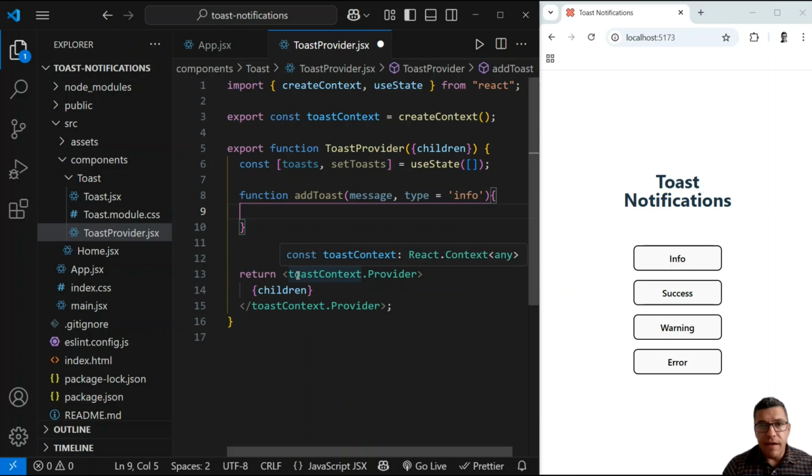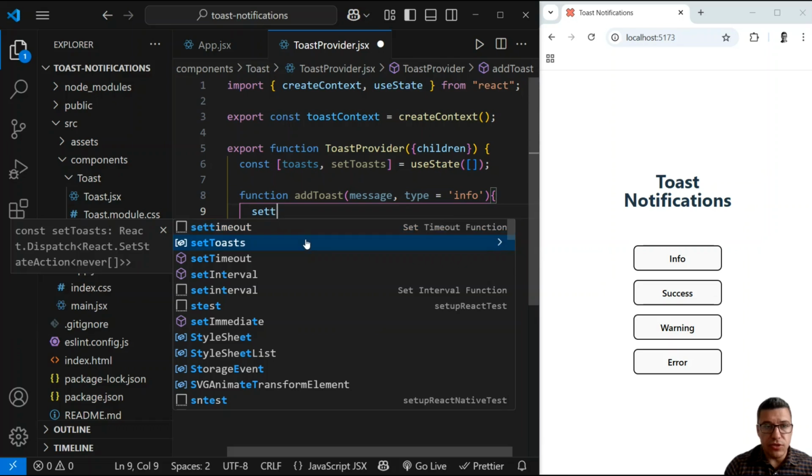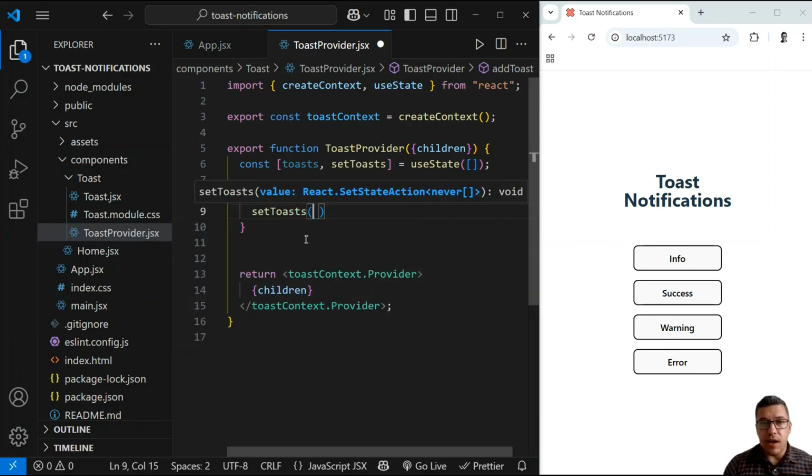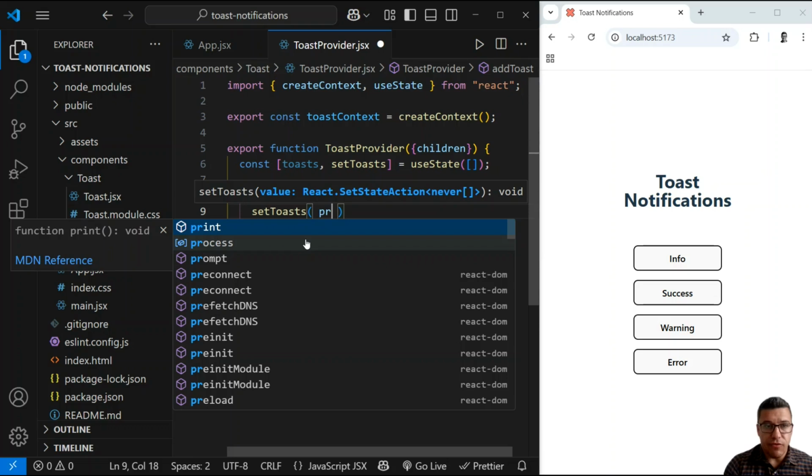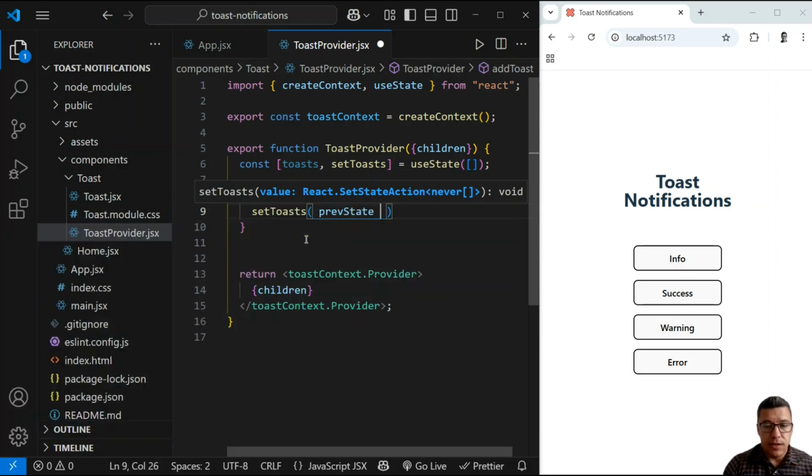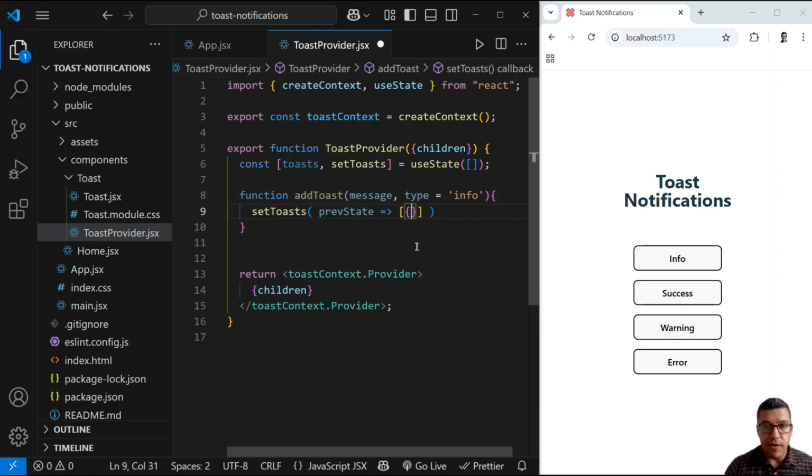Okay, and now I will put a new toast. It will be an object. I will put a new toast object inside our toasts array. So I will say setToasts. First, I will have, of course, a previous state, and I want to return. First, I want to put a new toast because I want my new toast to be at the top of my notifications array. So I will say array that will first have my toast object,